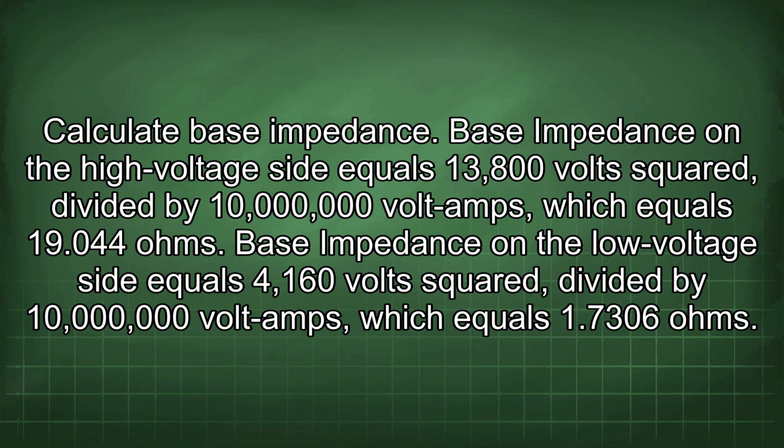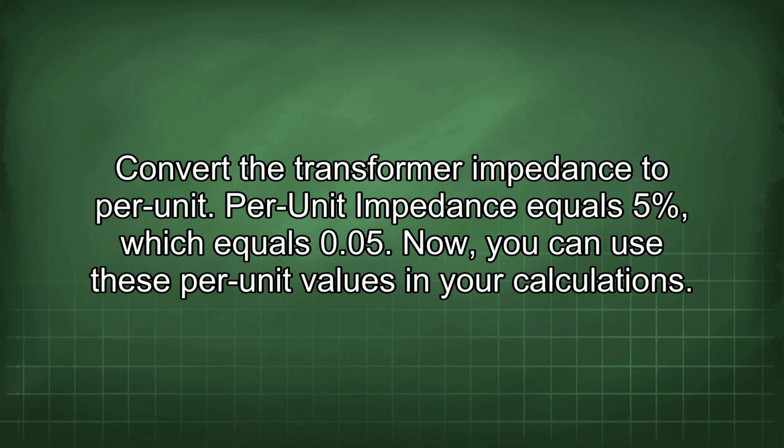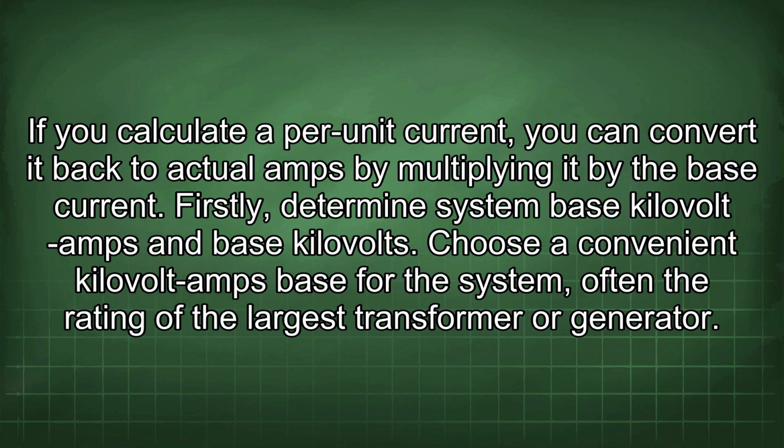Calculate base impedance. Base impedance on the high voltage side equals 13,800 volts squared divided by 10 million volt amps, which equals 19.44 ohms. Base impedance on the low voltage side equals 4,160 volts squared divided by 10 million volt amps, which equals 1.7306 ohms. Convert the transformer impedance to per unit. Per unit impedance equals 5%, which equals 0.5. Now, you can use these per unit values in your calculations. If you calculate a per unit current, you can convert it back to actual amps by multiplying it by the